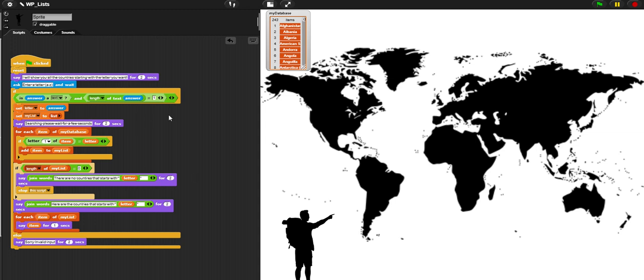Why lists make this code easier is that if I didn't use a list, I would have to change my program totally differently. Instead of looping through a list of countries, I would have to create a separate variable for every country and write many repeated if statements. For example, I would have to check every country one by one, which would make the program much longer and